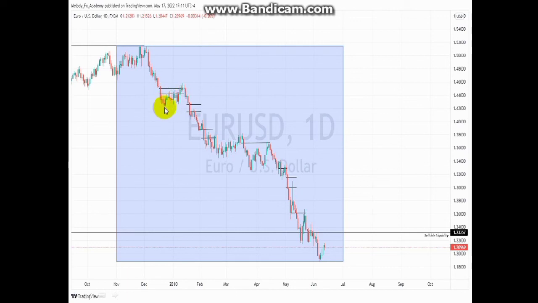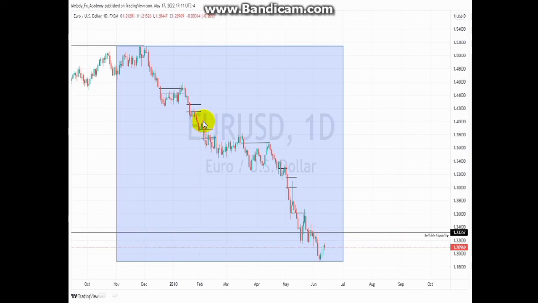So this will be a mitigation block, because this is the last down candle before this whole move. Okay, and actually price trades into it right there, and at the same time trades into a fair value gap. So that will be our second entry as a short-term trader. And remember, our range is to aim for these old lows, right? So we are focusing our aims on this old low.